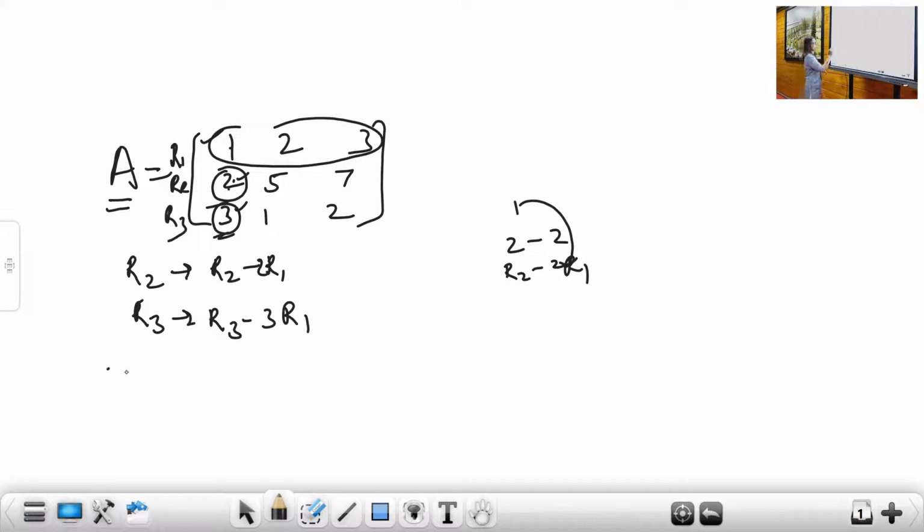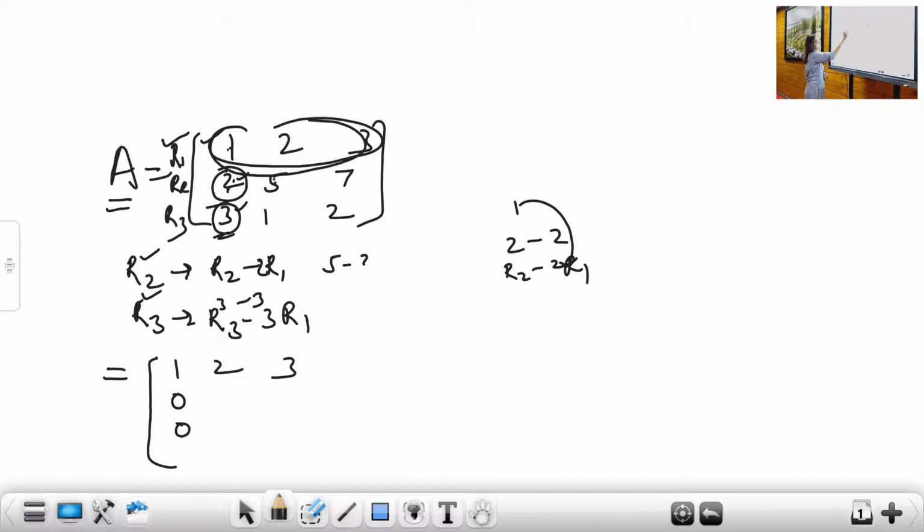Okay. Now see what happens here, students. The matrix will become, I have not touched the first row. Am I changing R1 anywhere? I am changing only R2 and R3, right? So my first row is the same, 1, 2, 3. Second row, what will happen? 2 minus 2 is 0. Then 3 minus 3 will become 0 here. So this is fixed. Now you have to see what changes happen here. This is 5, right? So this is 5 minus 2 times the corresponding element to 5 in R1, that is 2, right? So 5 minus 4 is 1. So I am getting 1 here.